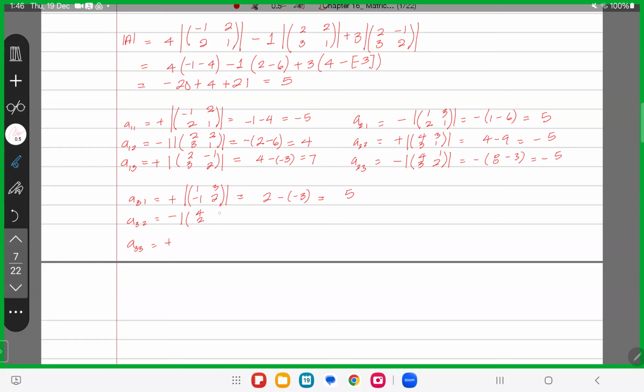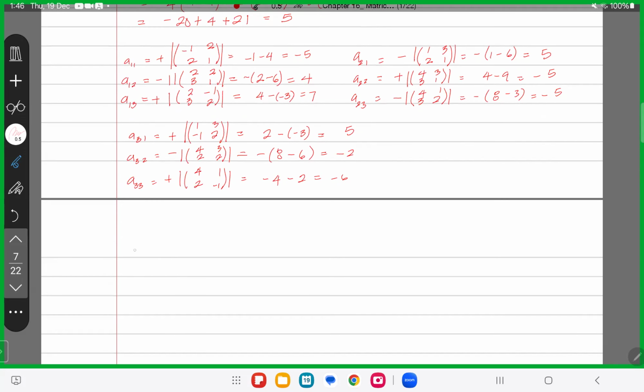4, 2, 3, 2, minus 8 minus 6, minus 2. And finally, 4, 2, 1 minus 1, minus 4 minus 2, minus 6. So the matrix of cofactor